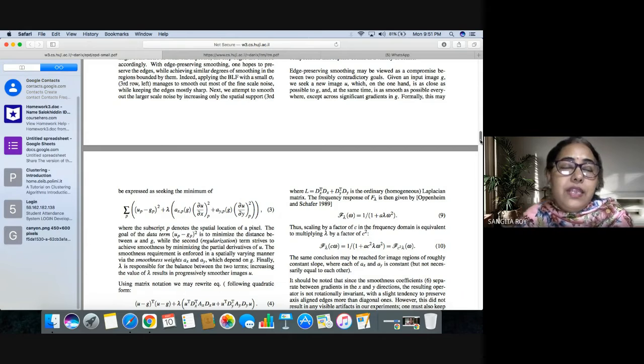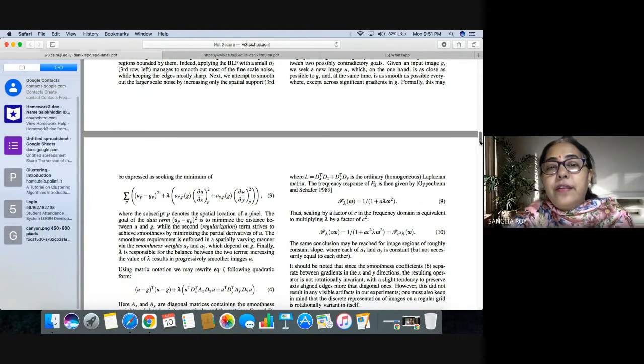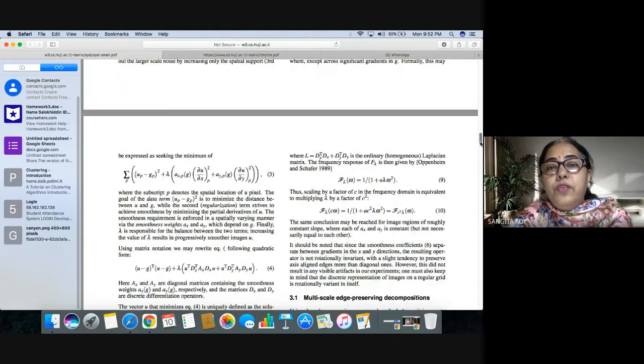So lambda is the smoothness parameter, and earlier we discussed there is another parameter alpha, the gradient sensitivity parameter, that tells whether there is a sudden change or not. As we increase lambda, the image will be smoother, and as we increase alpha, the image will be sharper. But there is a cost. As we keep on increasing the sharpness, there will be noise amplification.